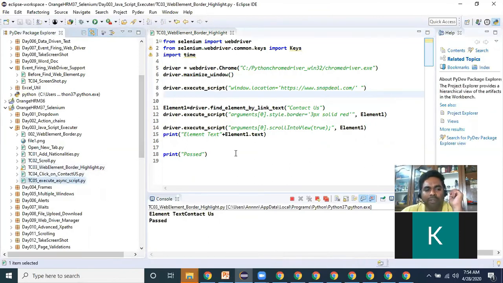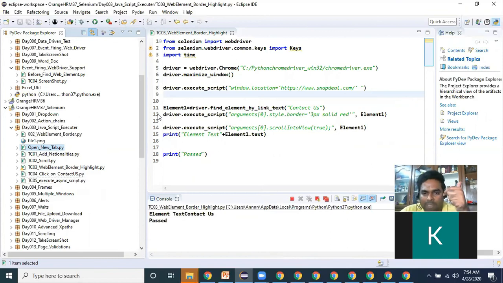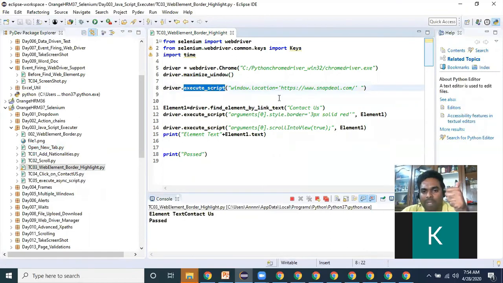That's it. So basically, in this lab, what we understood is that by using driver.execute_script, we can open new tabs, and we can open any web application URLs. That is the first point we understood. And the main purpose of JavaScript executor, people will use it for scrolling purpose.